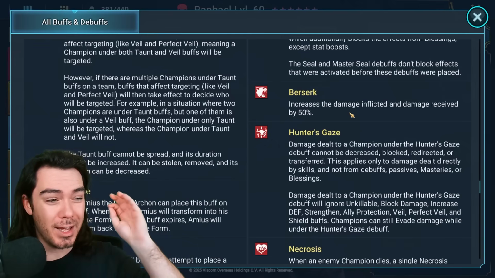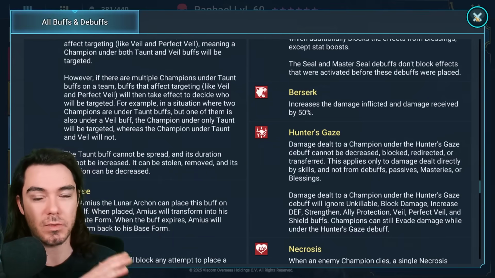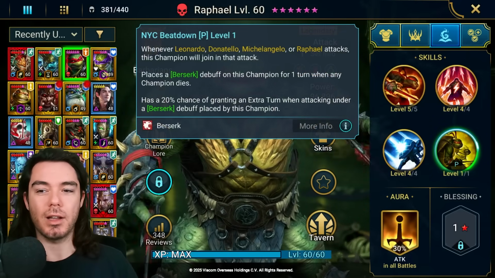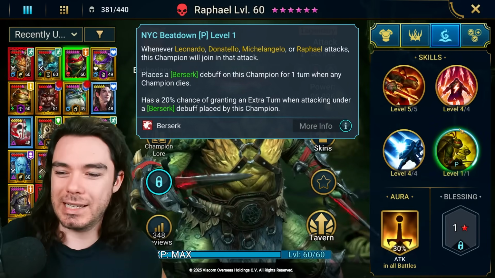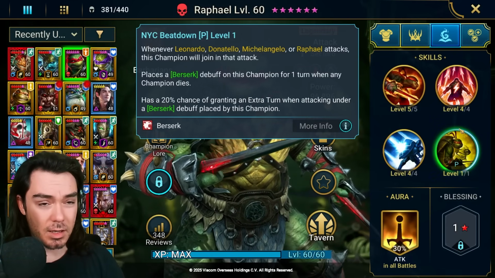So this makes him incredibly squishy, but gives him very powerful damage output and opens up a bunch of extra effects. One thing that is a problem right now is that obviously Donatello removes debuffs from champions. Donatello's going to keep removing this Berserk. I'll show you what I'll do in a second for the team that I've built, but